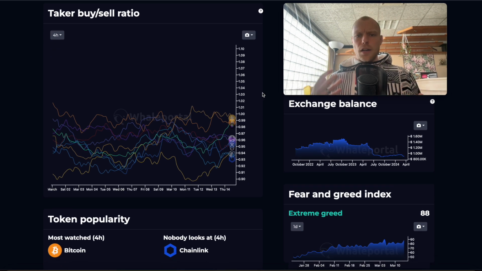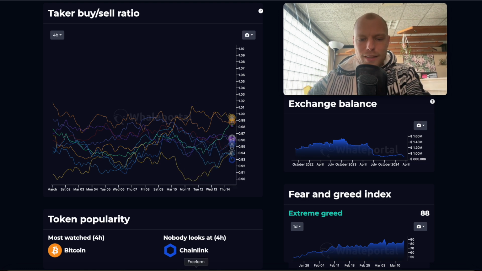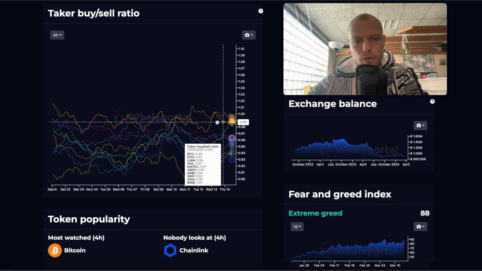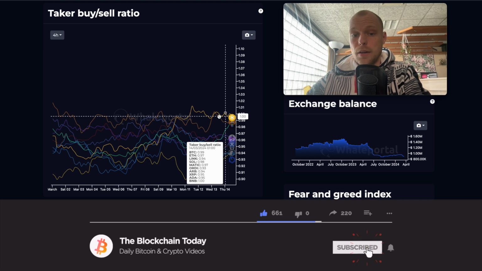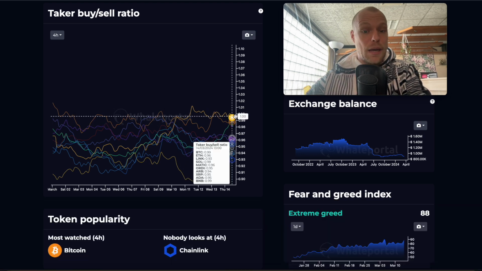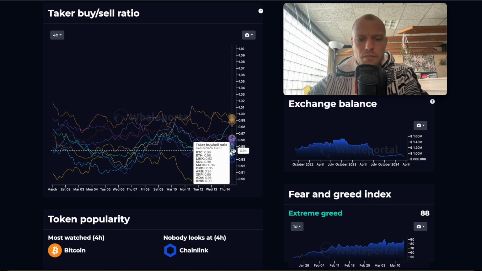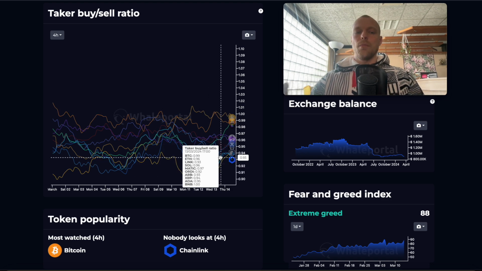So when the market is moving very fast and there is a clear trend, you might want to look at the most watched token. So when we have a look at the 4-hour chart right here on the taker buy sell ratio, we can see that the most popular token is Bitcoin. It's actually sharing that spot with Binance Token. So there's a lot of interest in BNB token as well. There's not so much interest in Chainlink and Arbitrum. Ordi, maybe not so much interest either, but with Chainlink, definitely nobody looks at Chainlink right now, which might bring